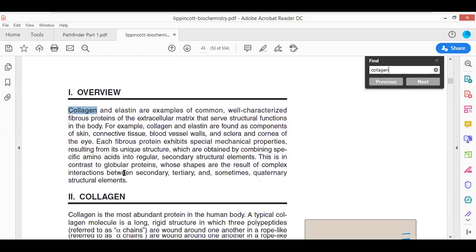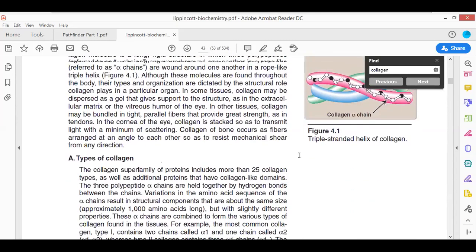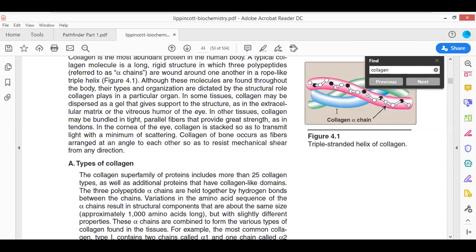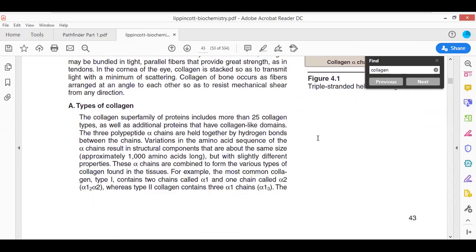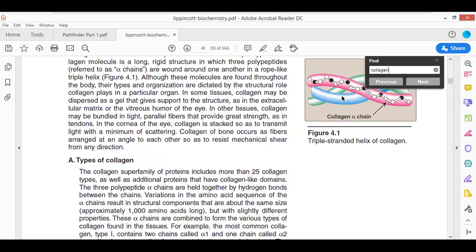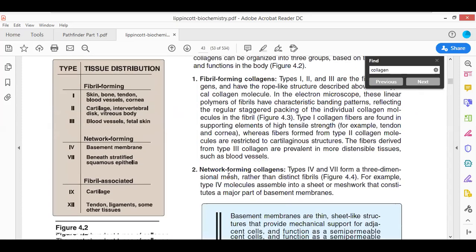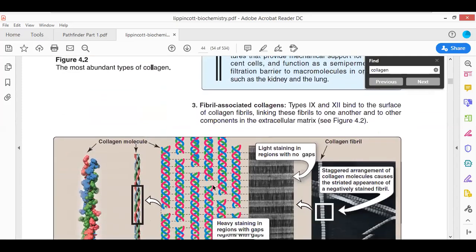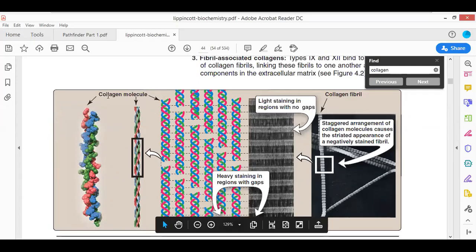case of vertebrates. Now see, collagen, as I told you, is made up of three left-handed alpha helices wrapped around each other in a right-handed manner. I've given you the example of hair. If you make three plaits and you wrap them in the right-handed direction, then only you get a particular plait, or a ponytail. Now see this, this is the collagen molecule.